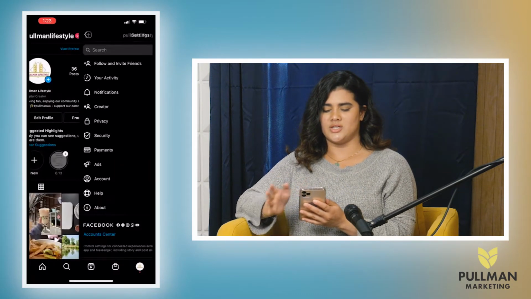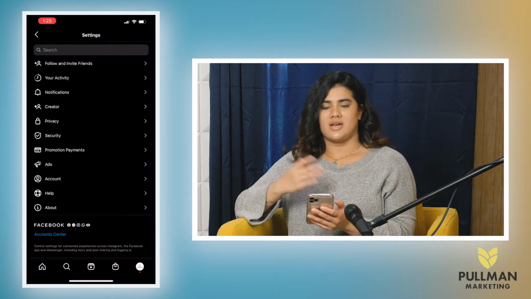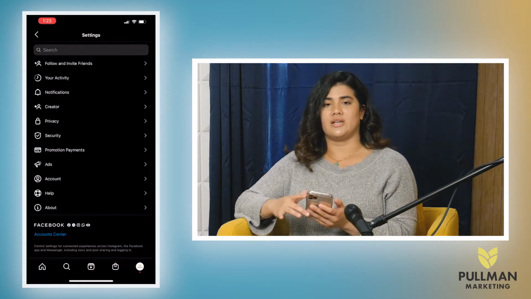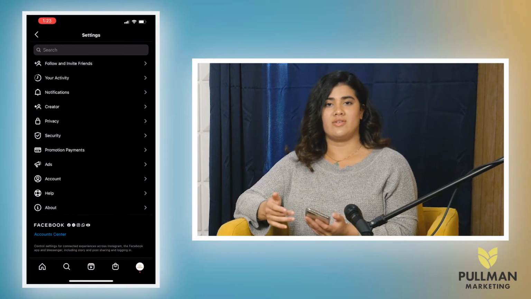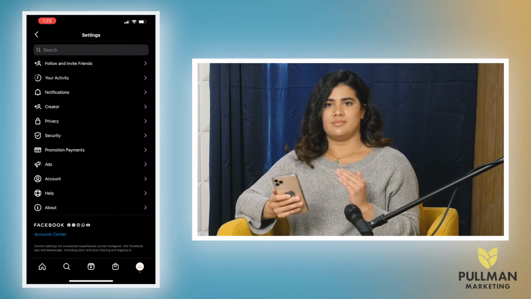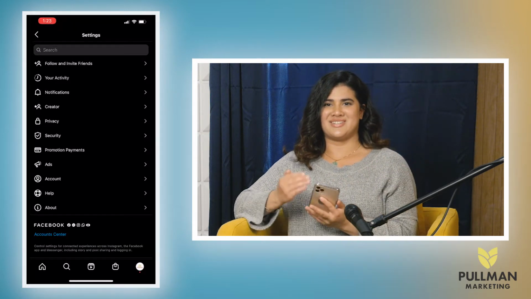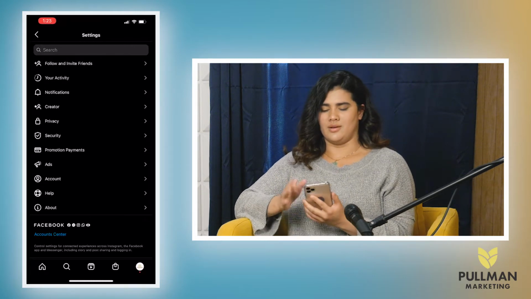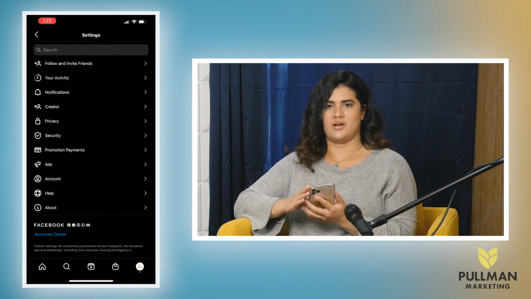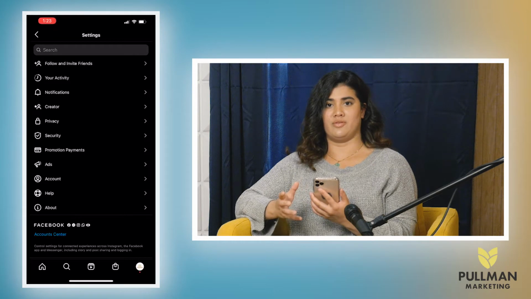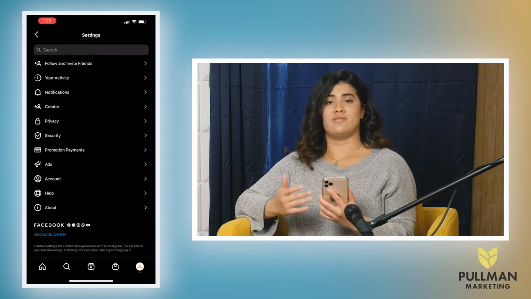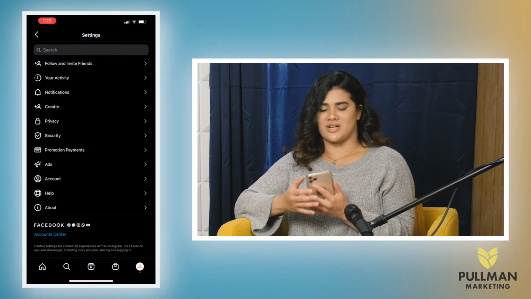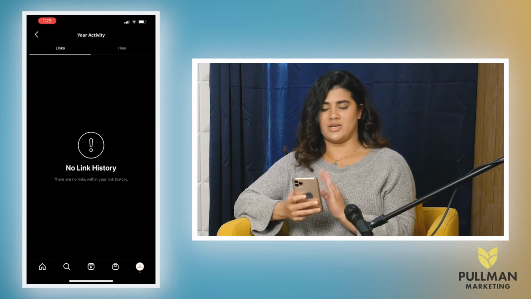But if we touch settings, you get taken to this next page, which allows you to follow and invite friends, whether that's through a link or through sharing your username. It'll show you all those different options and opportunities to share your profile and invite your friends to join Instagram as well. When you look at your activity,